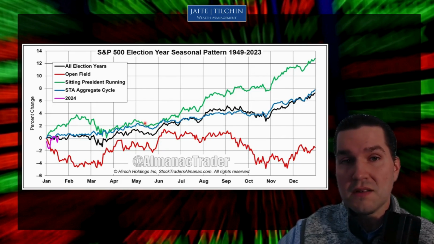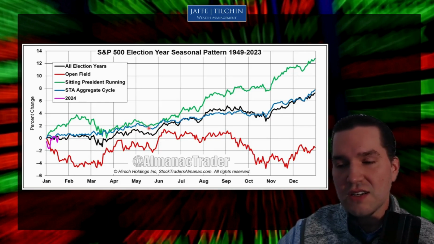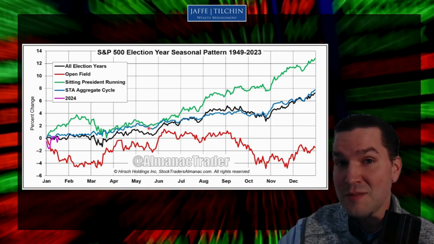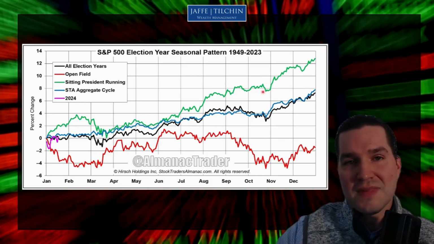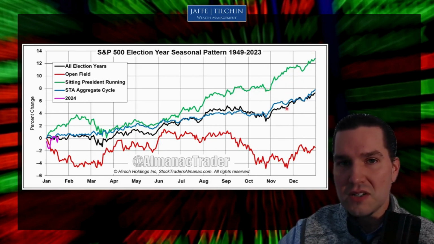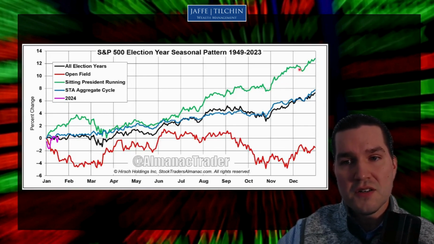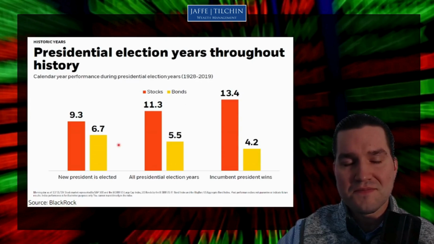What does this mean? This means you've got plenty of spots. We really don't want to chase here. We want to be very cautious. We're going to play some pretty tight poker, at least until we get into the election. After that, hey, it's a pretty good experience after that. And you'll notice in the incumbent years, it tends to be stronger years in general. The green line is above all the others, and it tends to lift pretty strongly after the election as well.